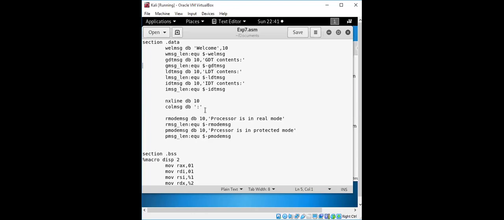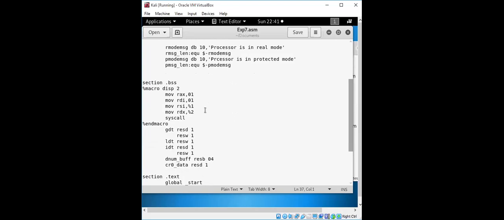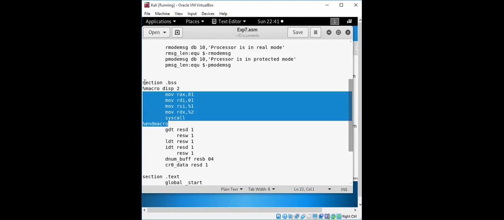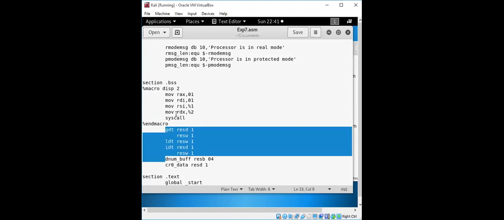So that is maintained with the help of the control registers, so that we get information related to the interrupt also, like the IDT table, not only the changed values, if there is a change in the real mode. So this will be a default value that we need to get. For that we need the display part, which we have initialized here, and these are the reserved bytes which we require for displaying the content.